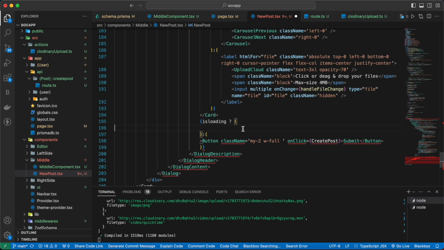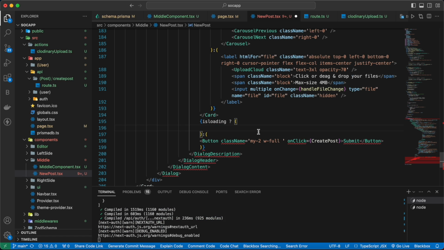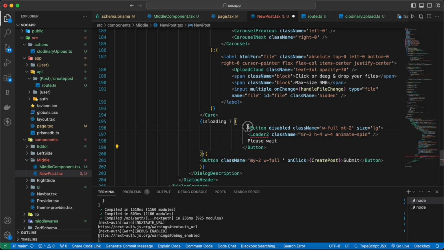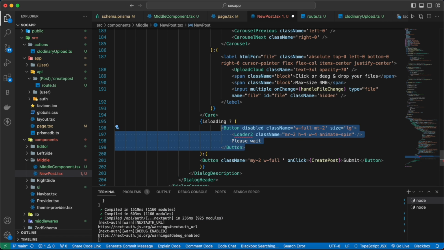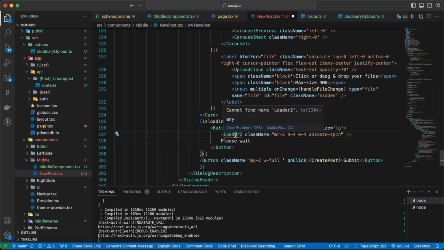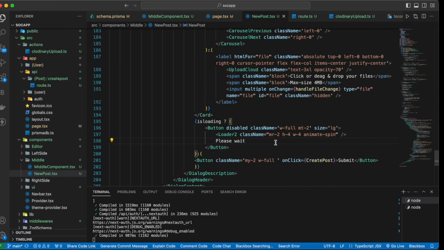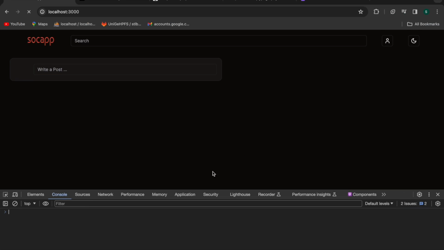So we can write here, and inside here we can add this button. And also let's import our loader from Lucide React. So our button will be disabled and it will have a loader too, and it will say please wait. Now let's save and go back to our browser, refresh the page,